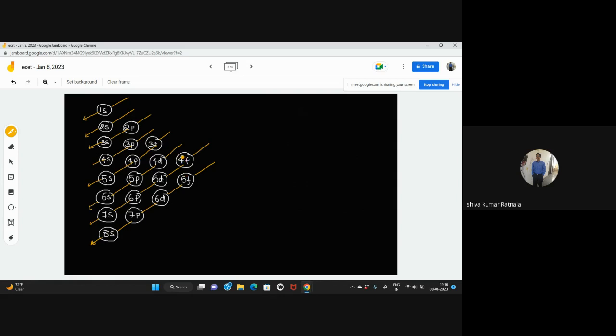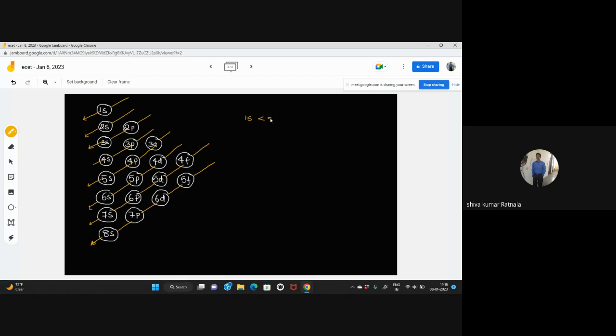Okay, that electron sequence we are going to write. See here how we are going to write. That sequence will be, see, first we are writing